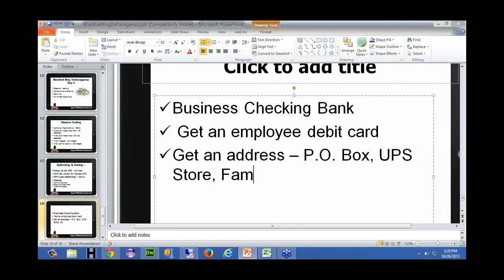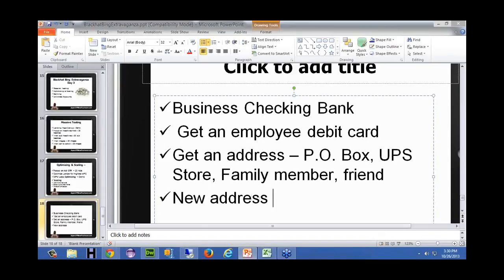Just make sure that family member hadn't run on Bang before, and that address hasn't been flagged. But yeah, obviously I'm pretty sure they haven't. Exactly. Or a friend's address. And make sure, like you said, that these addresses aren't banned by Bang or Google. All right, and then once you get that address, you call up your bank and say, hey, I want a new address attached